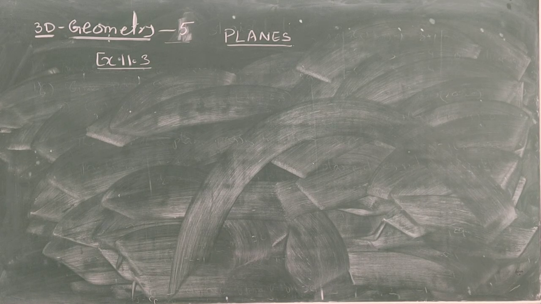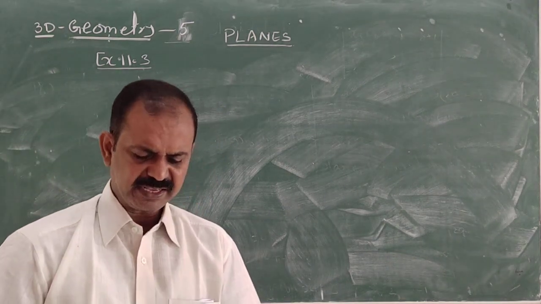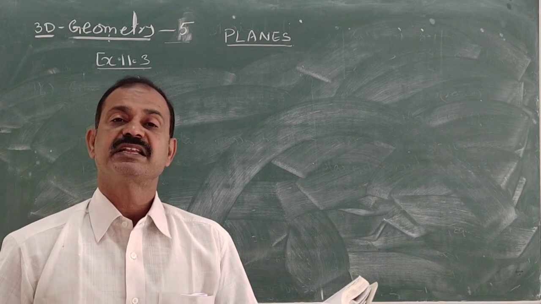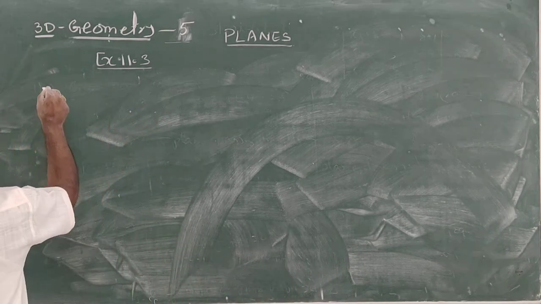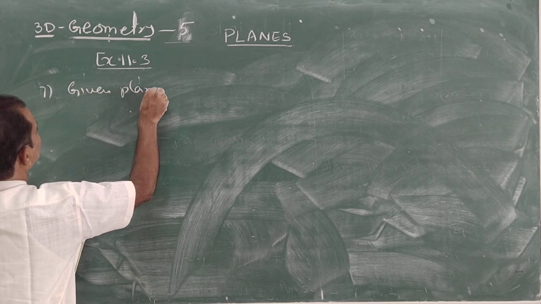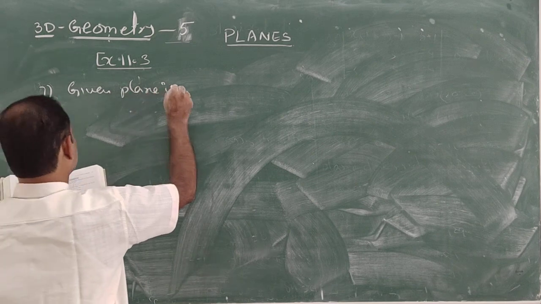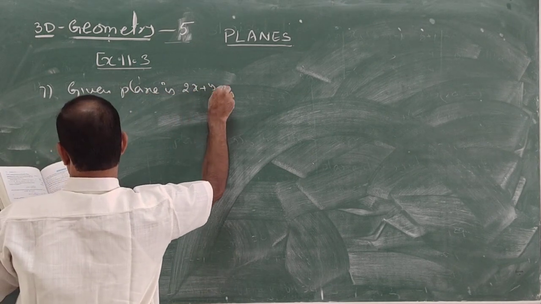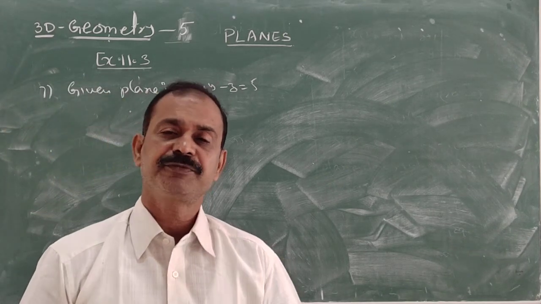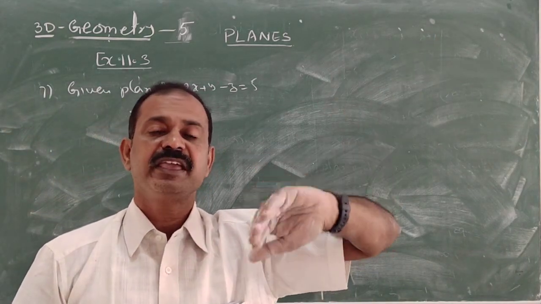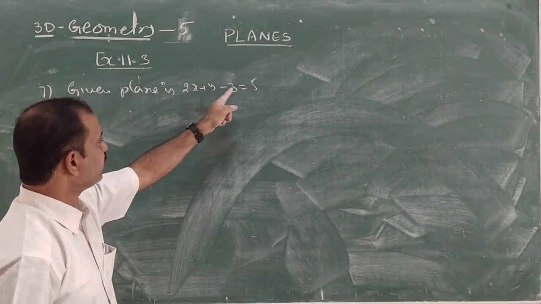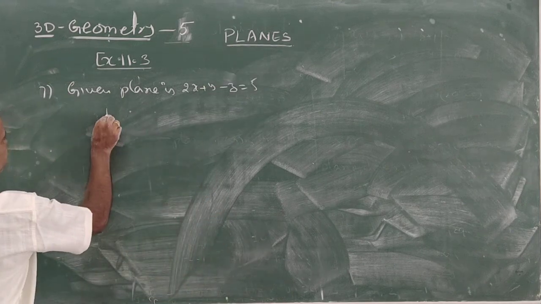The next one is find the intercepts cut off by the plane 2x plus y minus z is equal to 5. So the given plane is 2x plus y minus z is equal to 5. What is the intercept form? It should be of the form x by a plus y by b plus z by c is equal to 1. So dividing throughout